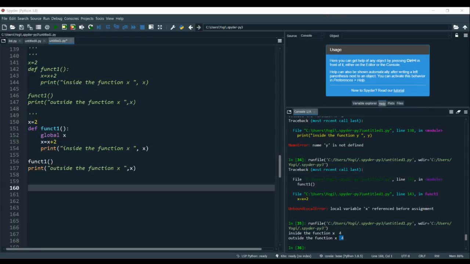Anmol, in your auxiliary memory, whenever you define any kind of variable, whether it's global or local, it will be stored in auxiliary memory. The scope of that variable will remain till your program is there.